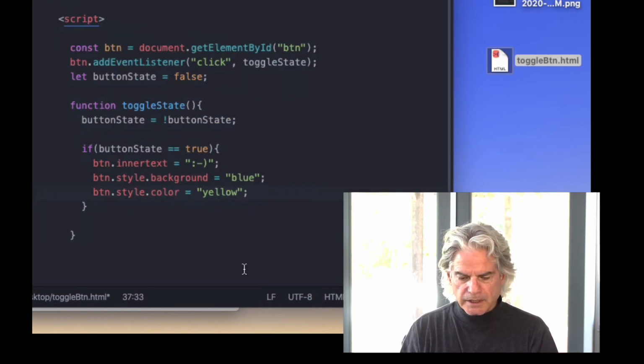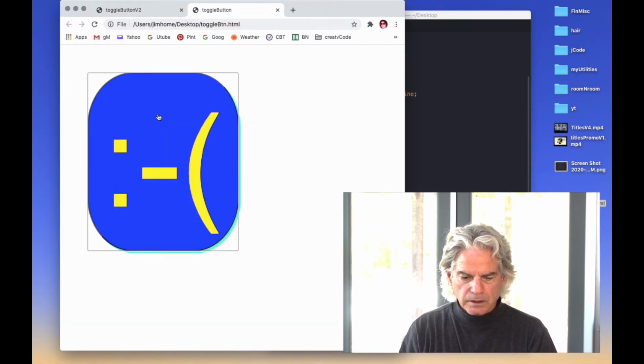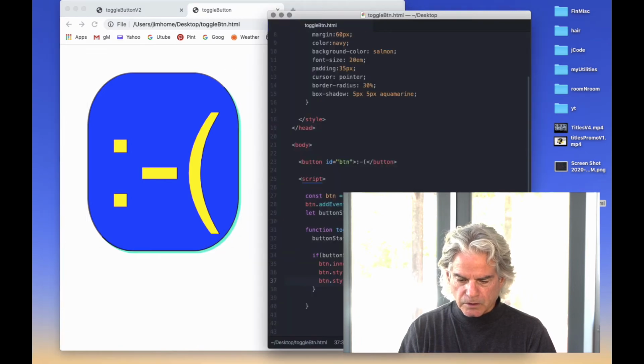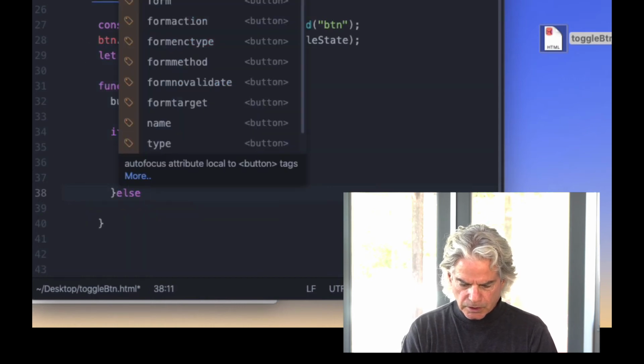I'm going to actually test that, even though we're not done writing this function. So save that. Let's open our new file here. Okay, it worked good. But watch, when I click again, it doesn't do anything because we haven't written all the code. All right, so down here, we're going to say else if